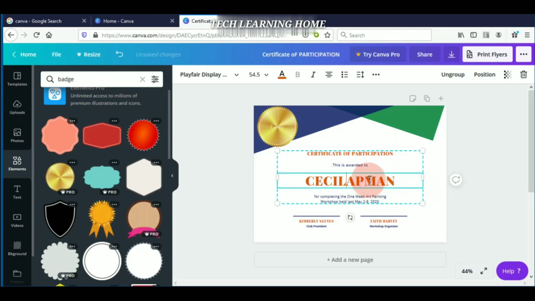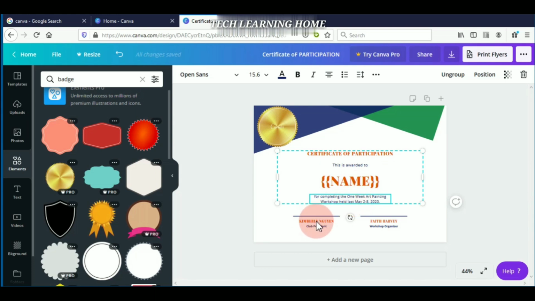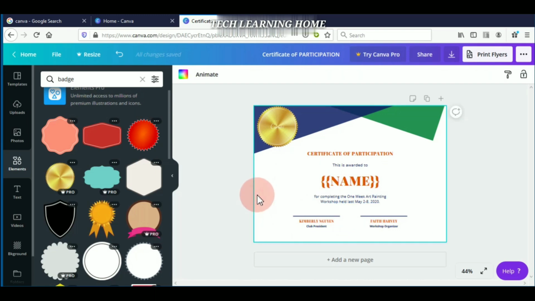I'm going to change this option as name because, after designing this certificate, I'm going to embed this certificate in Certify-EM. So I'm pasting the tag here to print the name of the participant. Here, if you want to change the content of the body of the certificate, you can change it as you like, and you can add your name, signature, everything here.